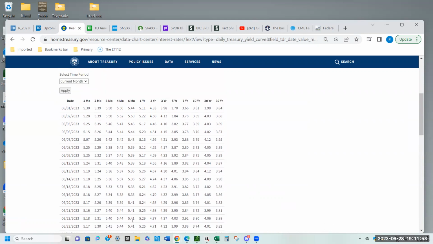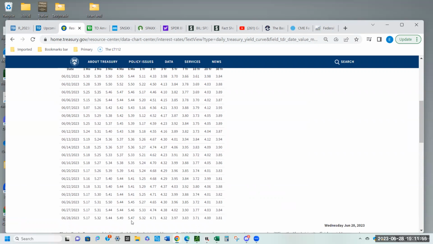Excuse me, I missed a number there. They actually peak at the 4 month at 5.49. Then they start going down, down, down, down. So this is the high point of the yield curve. This is not normal. Usually these short-term rates are lower and the longer-term securities have a higher rate